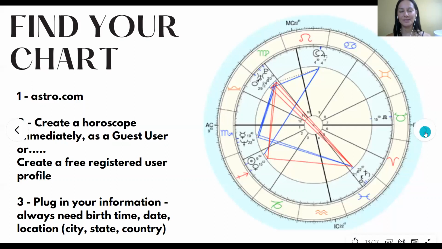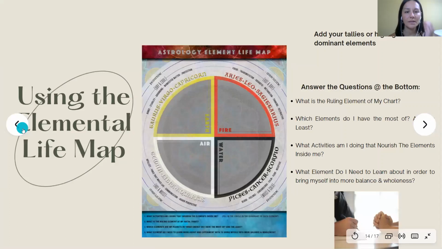Let's go back to the slideshow. I'm curious what your rulership is and what you've discovered. A lot of us just know our sun and moon sign, and that has nothing to do with maybe our element, the ruling of our chart. So for example, my sun is in Aries and my moon is in Capricorn, but my rulership is in Aquarius, in the air. And it's like, wow, that's a big part of me. That's what I love about astrology, finding more of the parts of ourselves. So I made this amazing map.